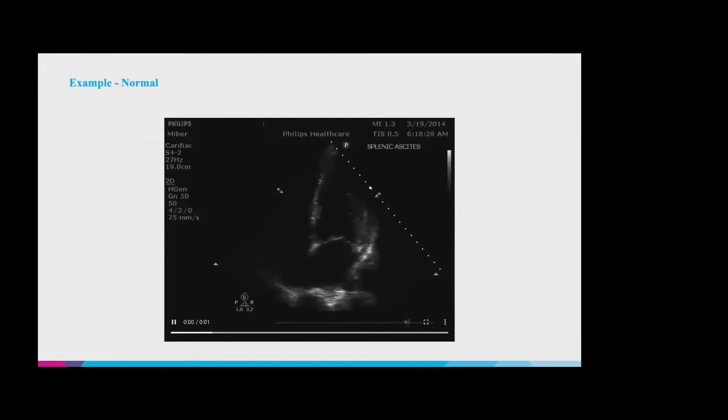So this first clip would just be an example of a normal looking right ventricle. And this is the reality of 4-chamber views where you can't actually get the greatest views of the heart. But that being said, you can kind of imagine that the free wall of the right ventricle is over here. And really, it looks almost triangular in shape compared to the left ventricle, and it should be 2/3 the size